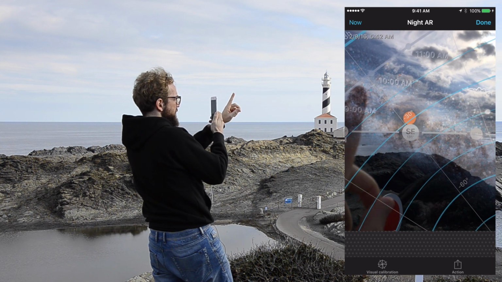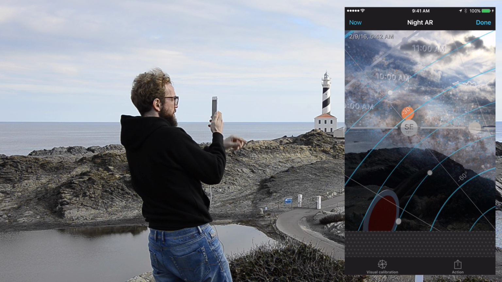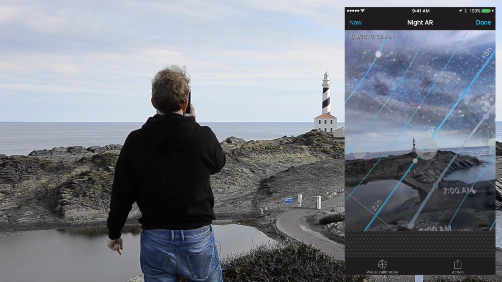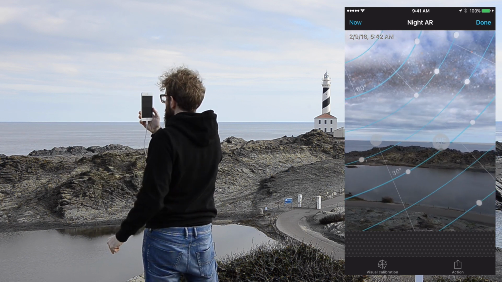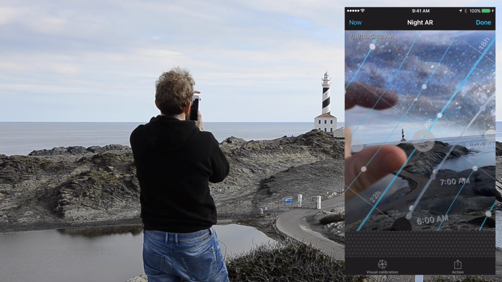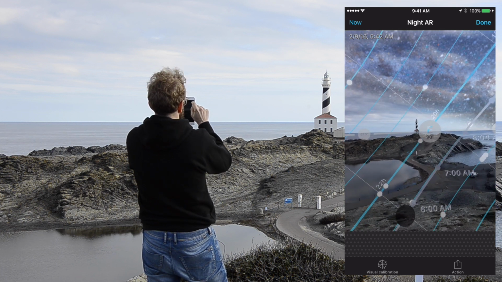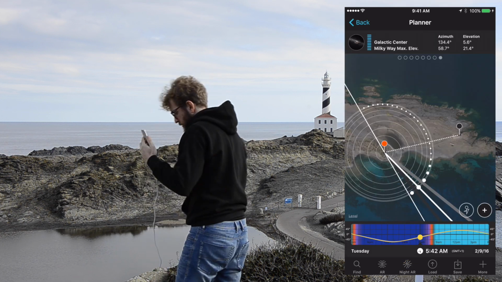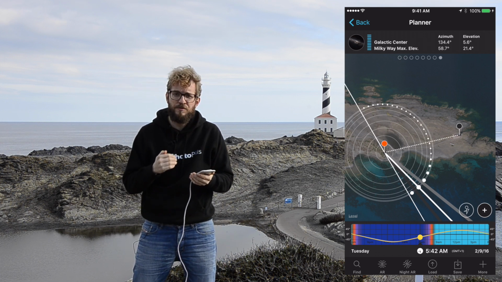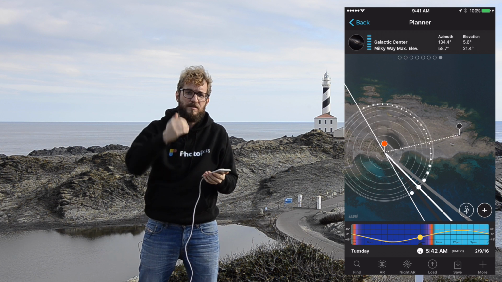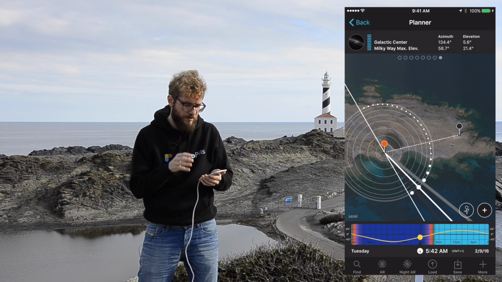So I know that on the 9th of February at 42 minutes past 5 a.m. in the morning, I can shoot this photo of the Milky Way arching above my lighthouse, but I don't like it because it's pretty low, too low for me. So what I'm gonna do, just look what's going on March. So I need to set the time, jump the date to the next new moon. And the easiest way to do it is to use the top